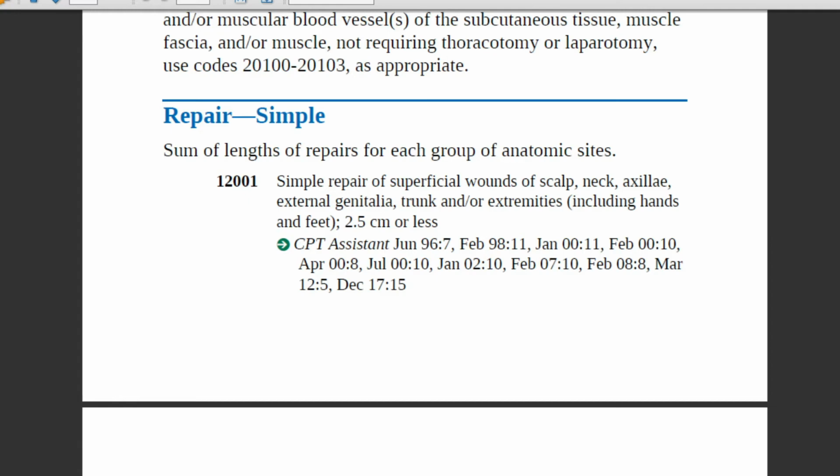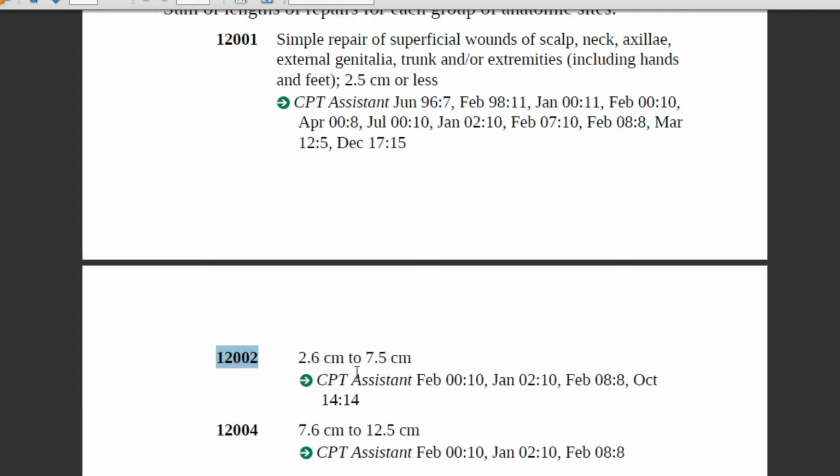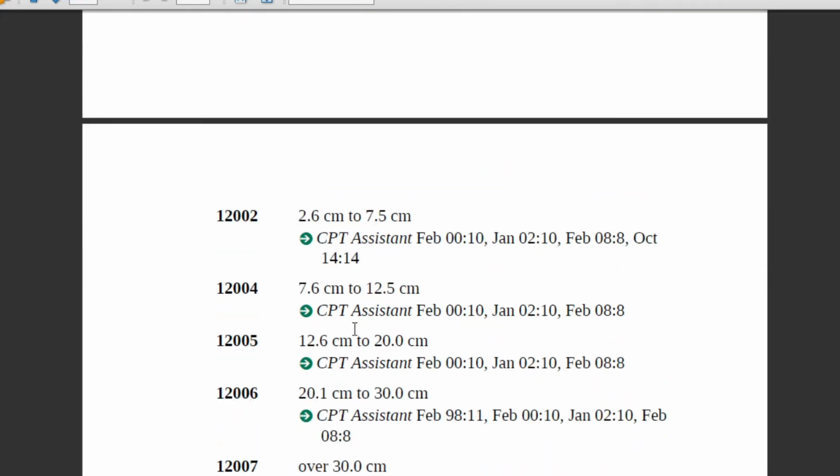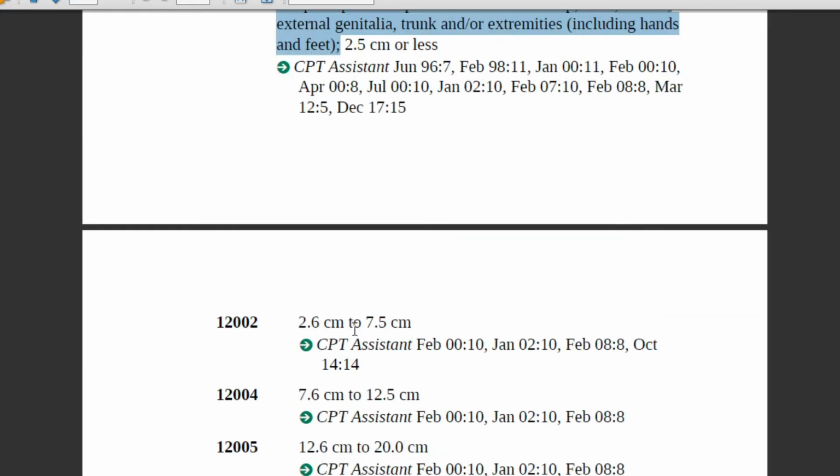For that diameter of 7 centimeters, the code is 12002. Up to the semicolon the description is the same for all these codes within the same group. The only difference is the diameter.